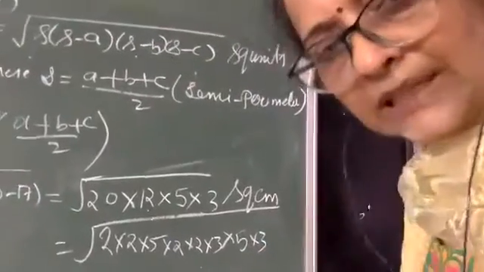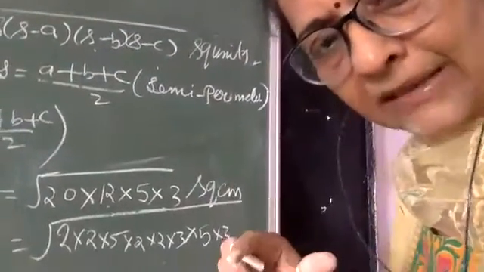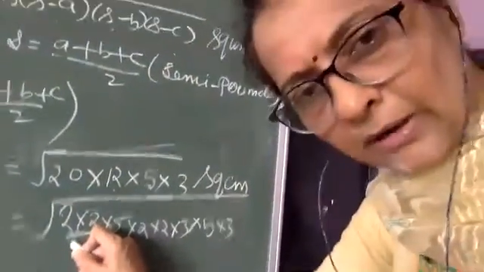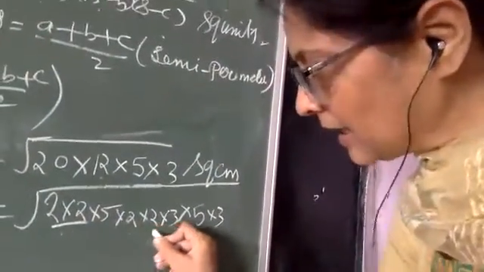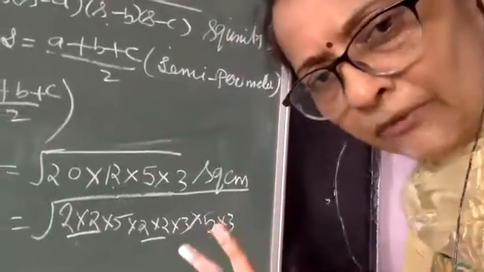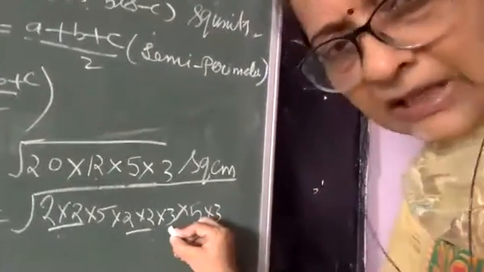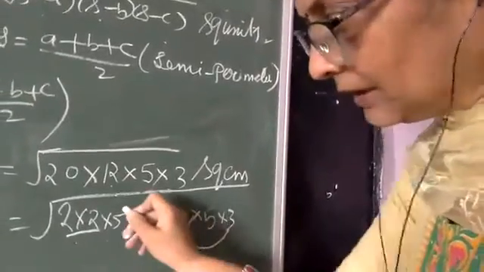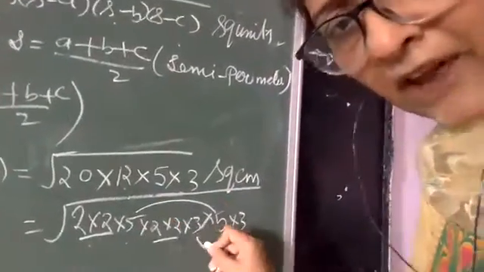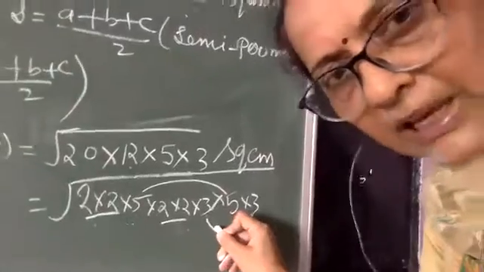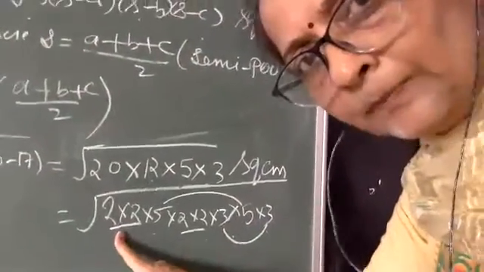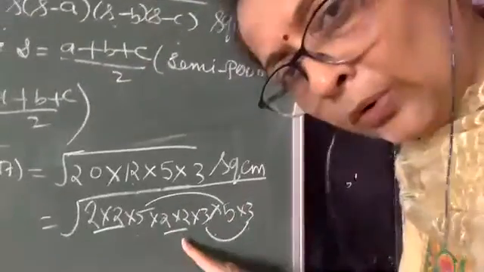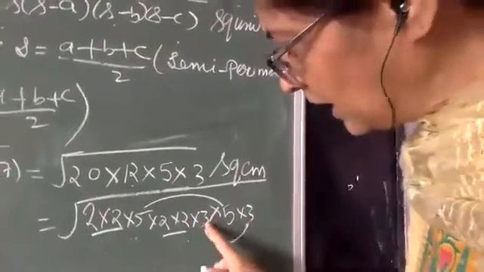Now what we have to do is see if any number is repeated two times. So look here, this 2 and 2 is repeated two times. So underline this. And then next, again check here, this 2 and 2 again repeated two times. So we will underline this. And then look here, this 3 and 3, again repeated two times. So we can make a pair like this. And look here, this 5 and 5, again there is a pair of 5 and 5. So children, we have 2 into 2 for two times, 5 into 5 again for two times, 2 into 2 again for two times, and then 3 into 3 again for two times.